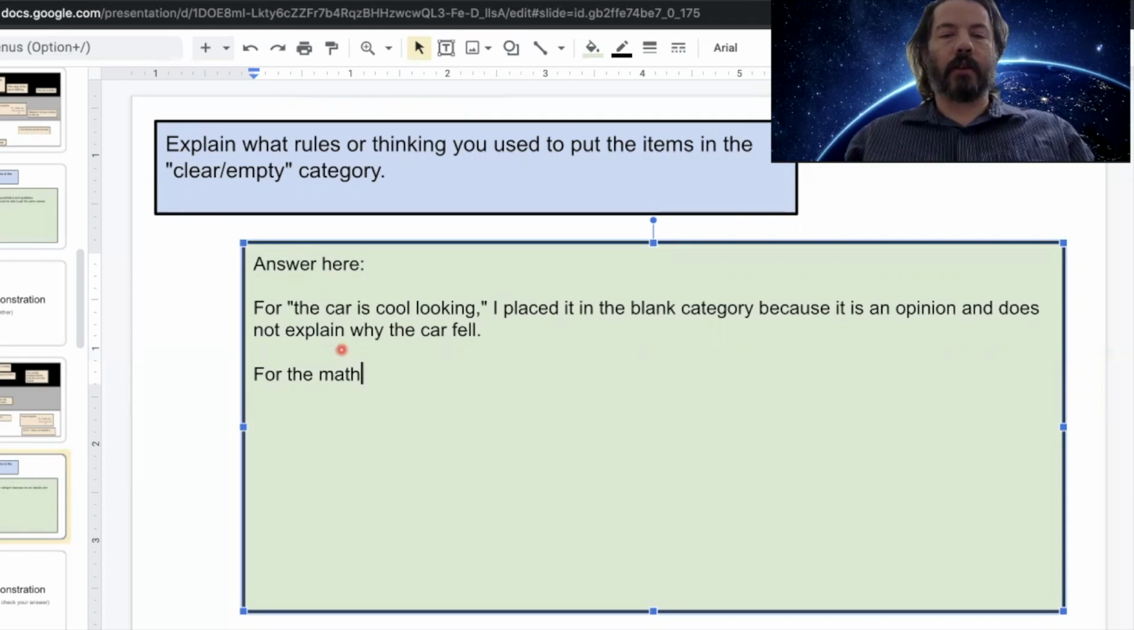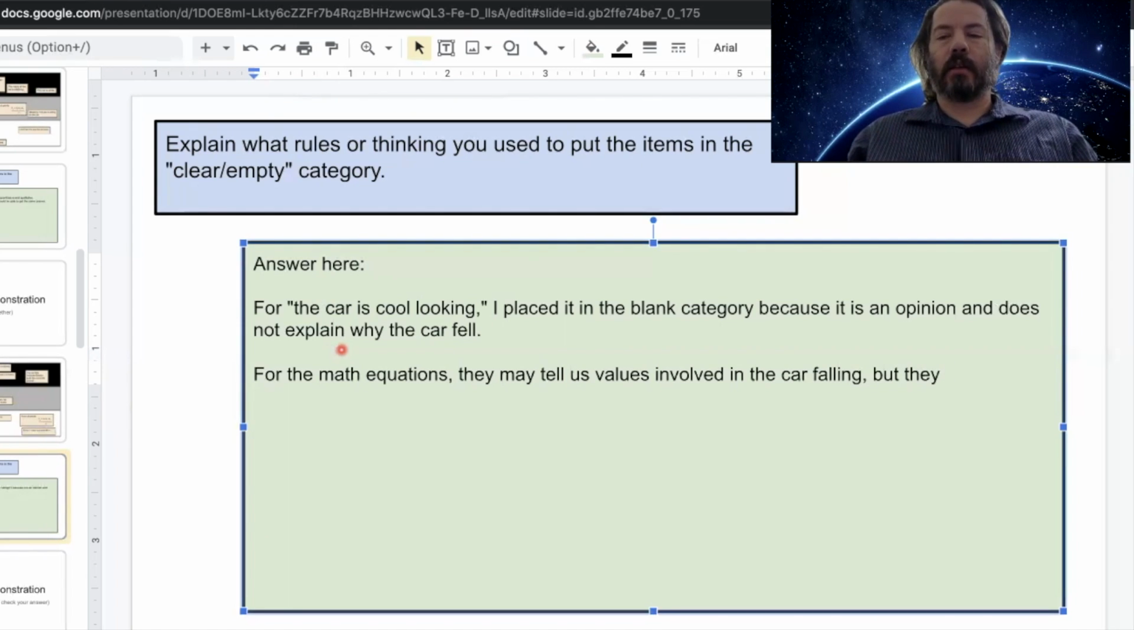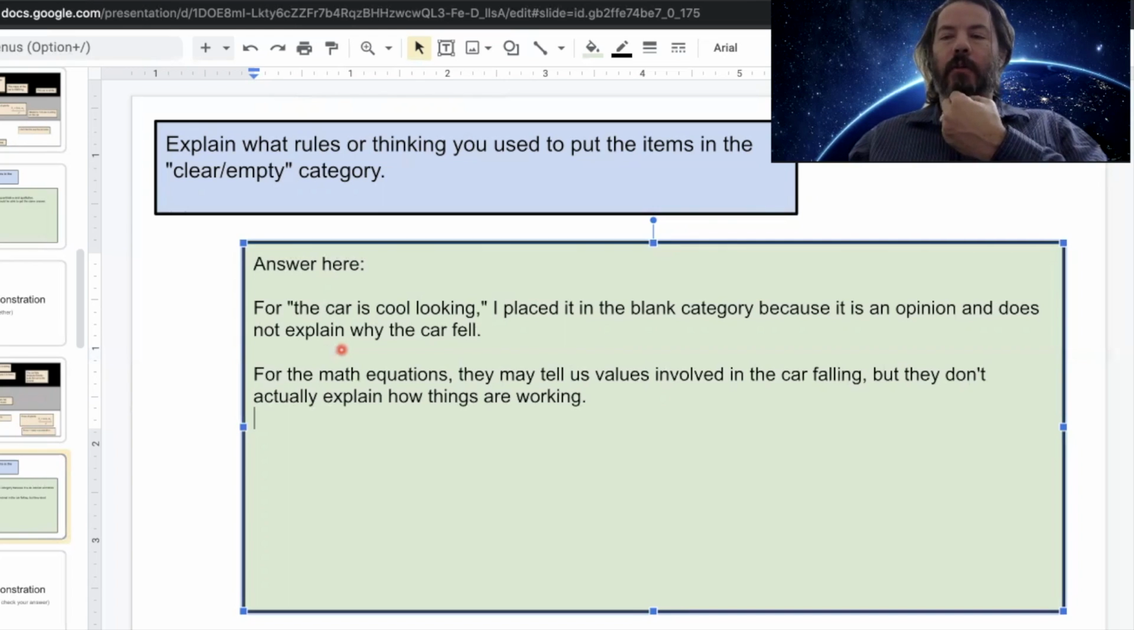For the math equations, they may explain why the car fell, but actually they may tell us values involved in the car falling, but they don't actually explain how things are working. Okay, so we're going to get into this more when we get into our equations, but F